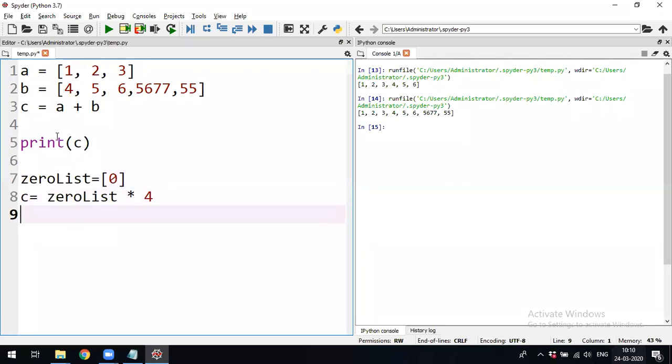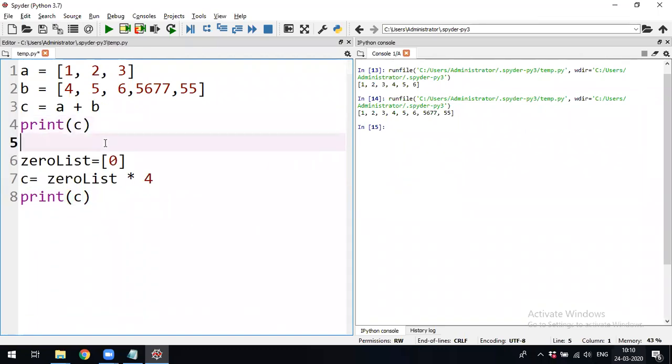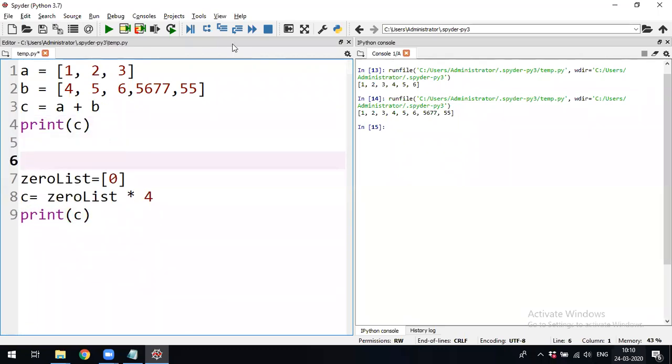When you multiply it 4 times, what should happen? 4 into 0, the output should be 0, or else one more option is 0 should print 4 times. The output is 4 times 0 copied inside the list.